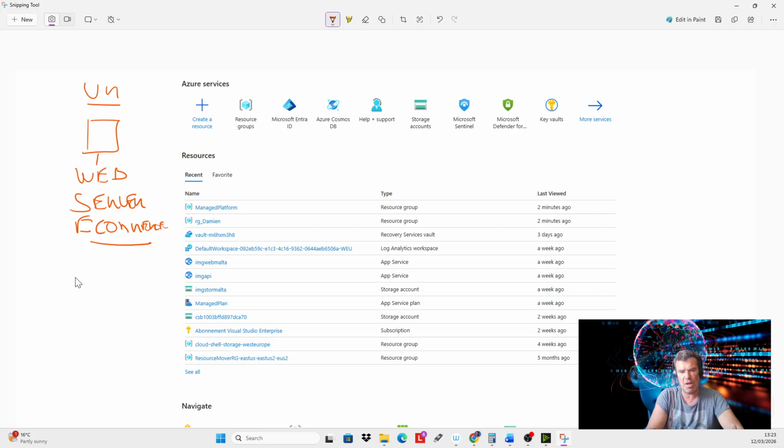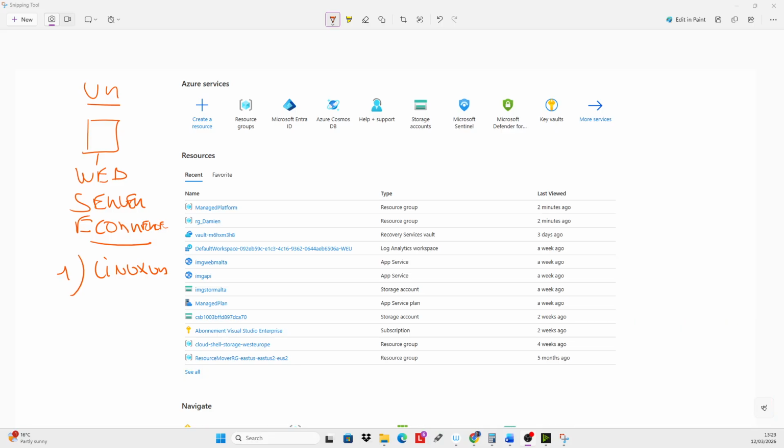First we'll see how to create a Linux VM, and I'm going to show you how to create this Linux VM. We're going to use the Azure portal for that. We can use the CLI, but we're going to use the portal to create a new VM. After, I will show you how to connect with SSH on port 22 with our private key.